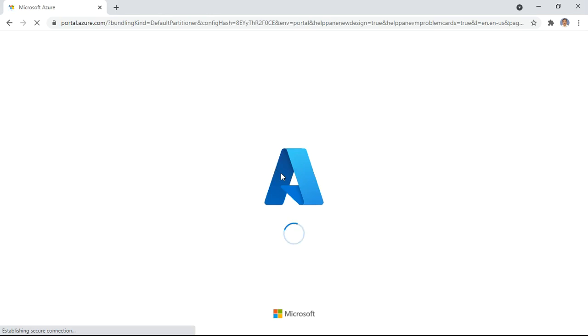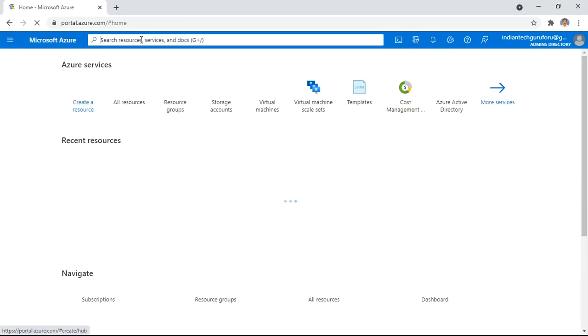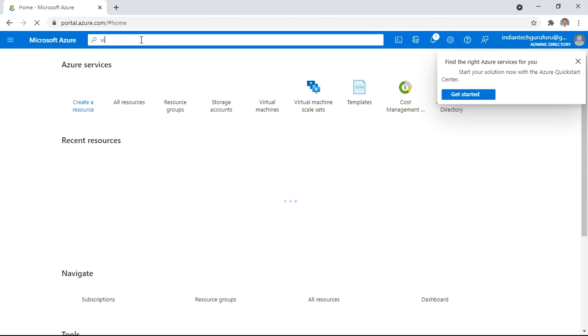Initially, what you need to do is you need to create an ARM template. So for that purpose, I am going to create an ARM template. I will first of all create a virtual machine, so search for virtual machine.